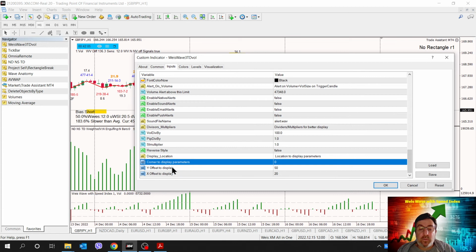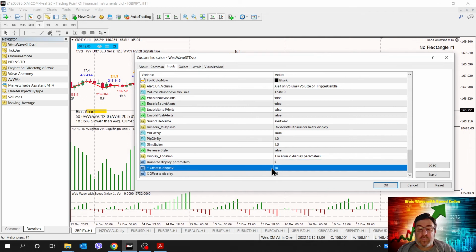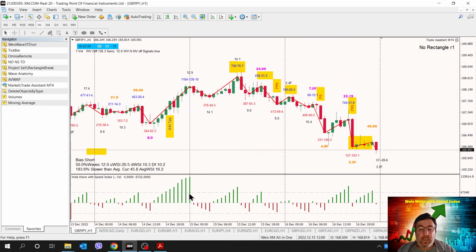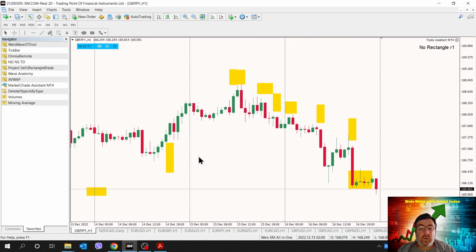And here we got a corner where to display our texts. Okay. And our offset. This offset is since we are dragging a lot of indicators, and I will do an example now. To offset the text so it doesn't go on top of the other. So let me start by adding an indicator one by one to show you how it's done easily.